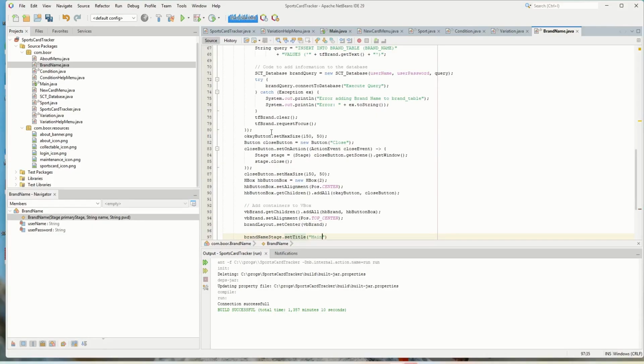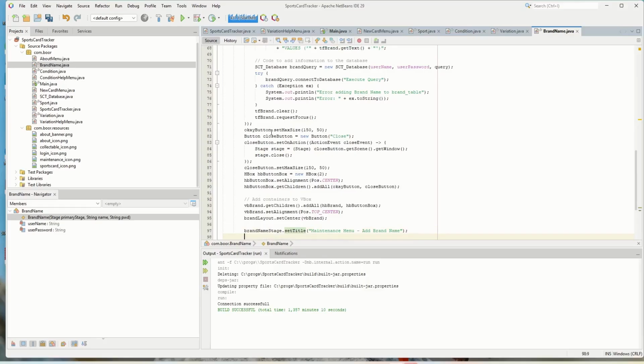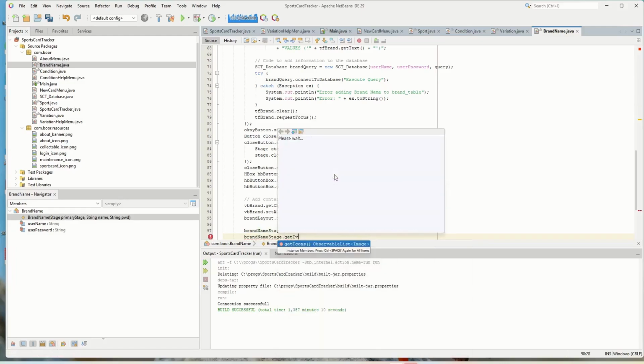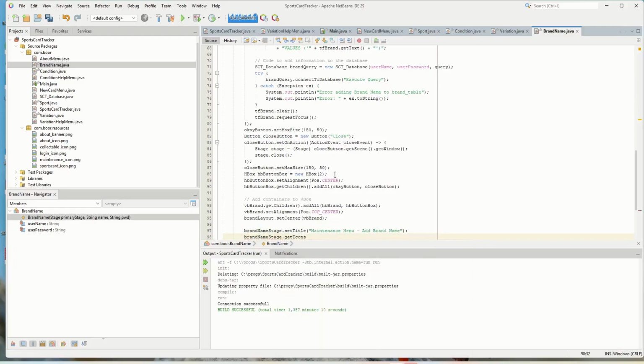We're going to call it maintenance menu add brand name. Now we want to give it an icon, and for this we created a new icon. Under our resources we have a maintenance icon. So brand name stage get icons dot add,